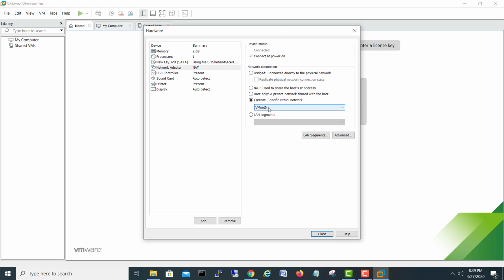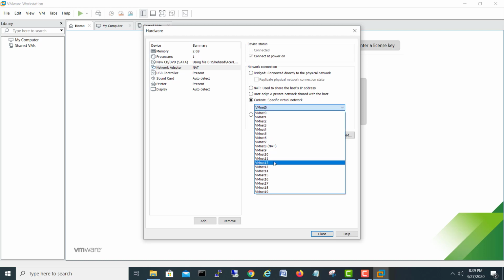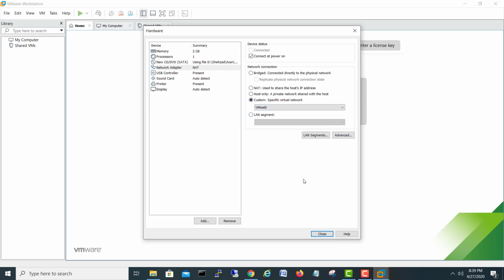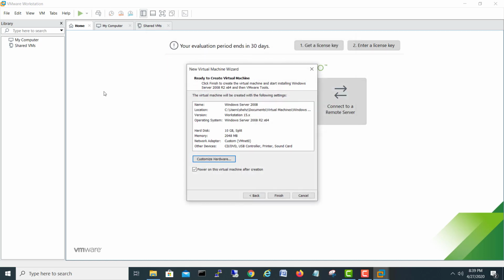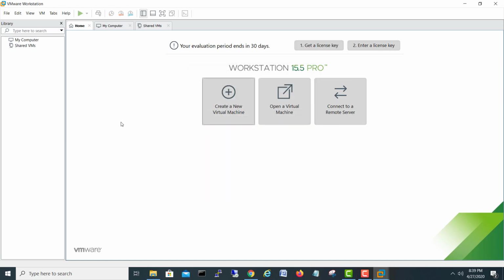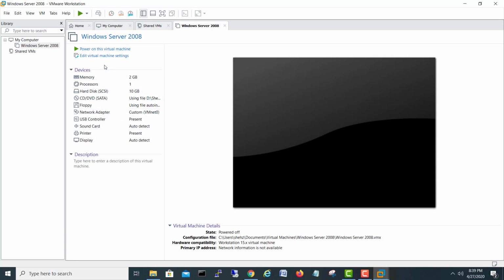VMnet0. It's a virtual switch, as I will call it, because if all your other virtual machines connect to VMnet0, they can talk to each other. So you can do labs on that. So close. After starting, finish, I will not start this one. I have told you how we can create this machine. So this machine is created, and if you want to run it, I will power on and it will start the